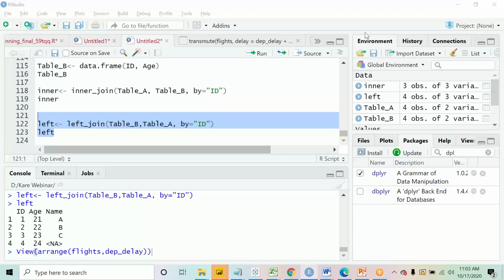Okay. In both cases, the NA is coming differently. Is there any reason for that?